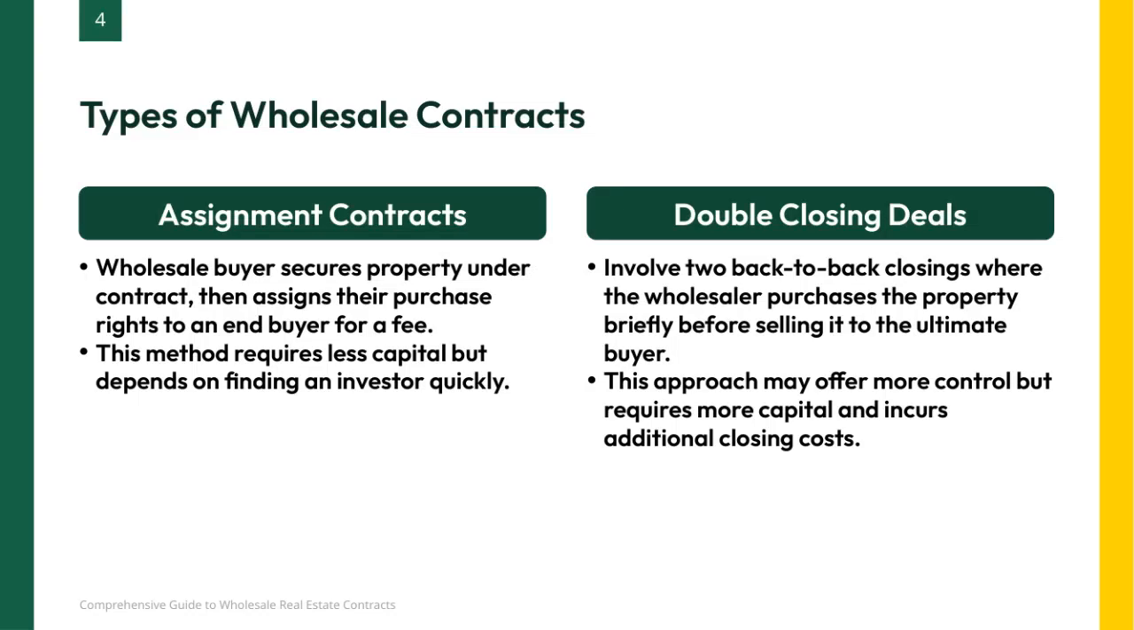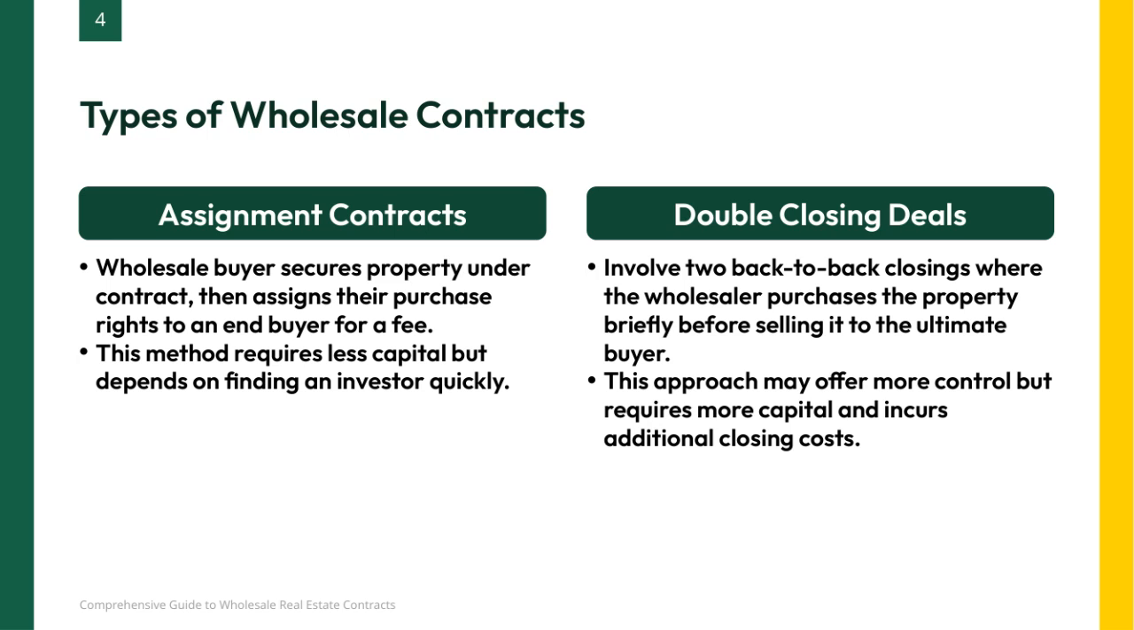When it comes to wholesale contracts, there are two main types we need to understand: assignment contracts and double closing deals. With assignment contracts, the wholesaler secures a property under contract and then assigns their purchase rights to an end buyer, usually an investor, for a fee. This method is great because it requires less upfront capital, but it does hinge on finding an investor quickly to